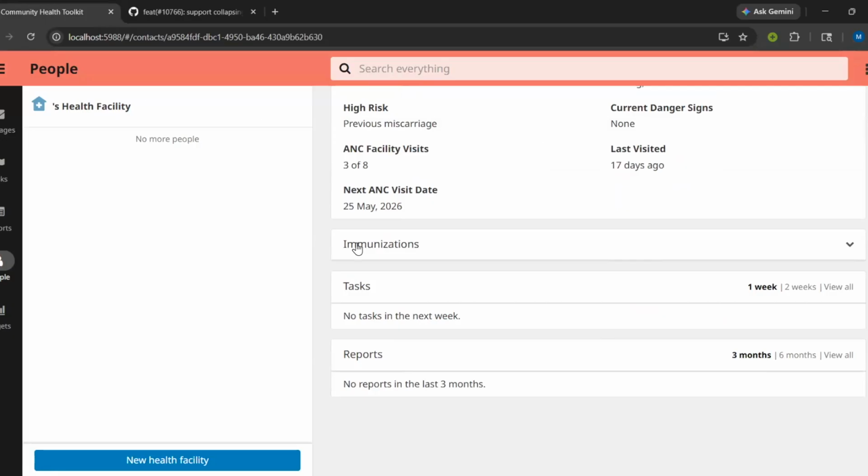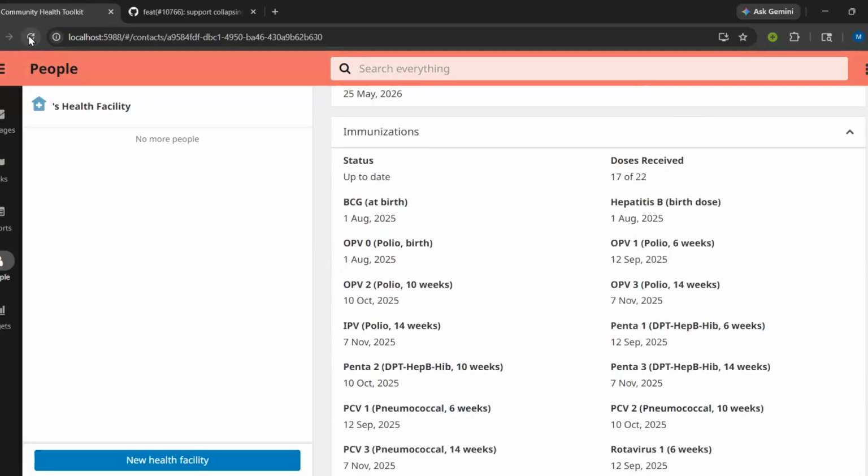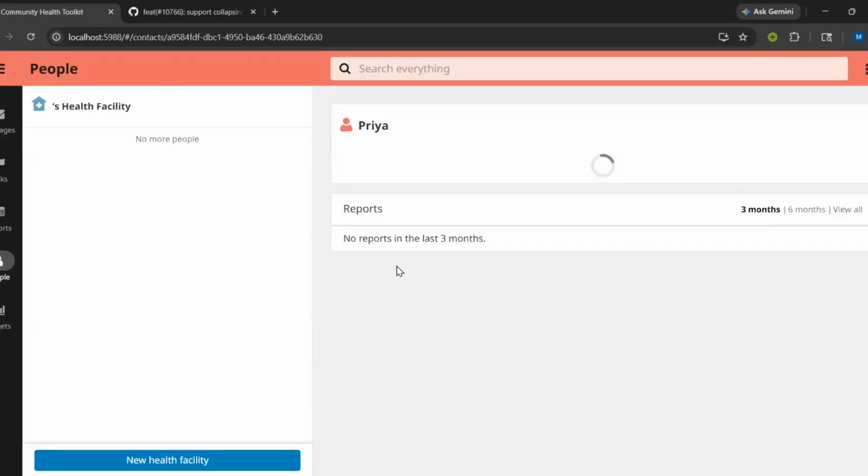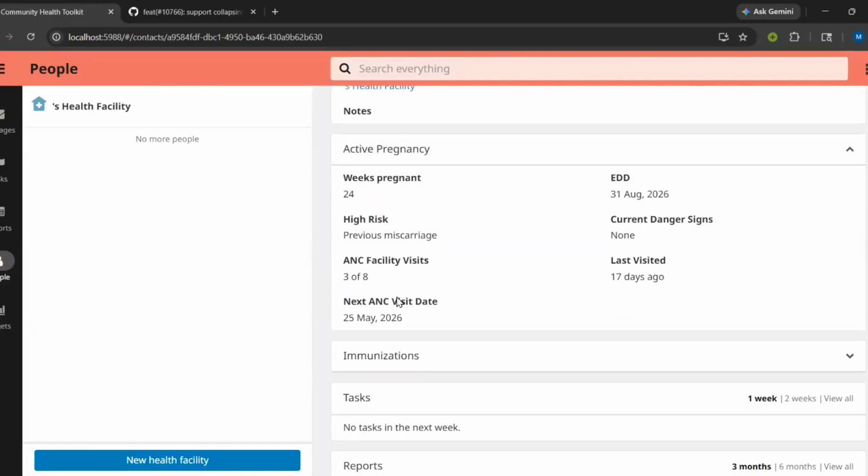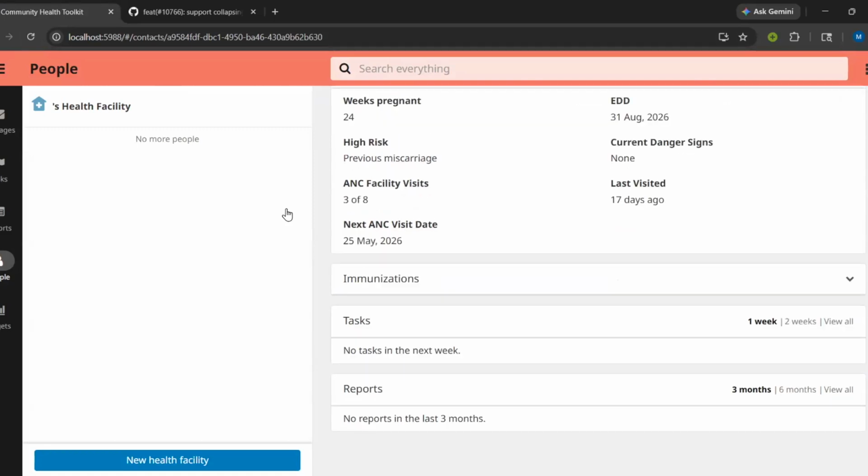So when I reload, everything else resets to the configured default. Active pregnancy is open and immunization is collapsed, exactly as the app developer configured. And on the